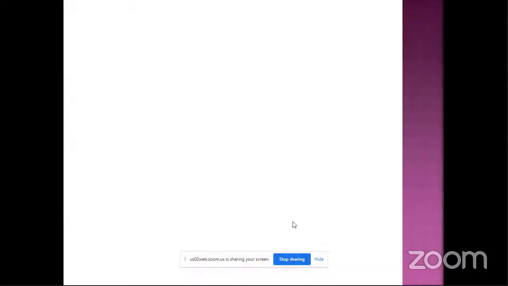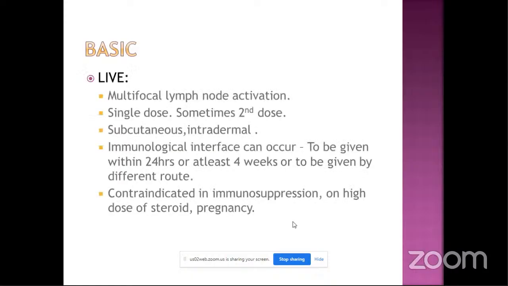Okay. So before going on to the immunization schedule, we need to know the basic concept behind the vaccines. So first we'll go for the live vaccine. Whenever a live vaccine is injected, it gives a multifocal lymph node activation. So even a single dose can produce high antigenicity. But sometimes primary vaccine failure can happen, so we may require a second dose for it. So usually live vaccines like BCG are given as a single dose,